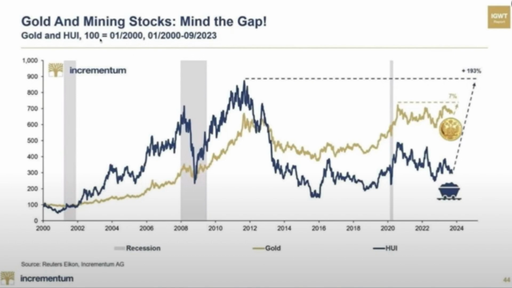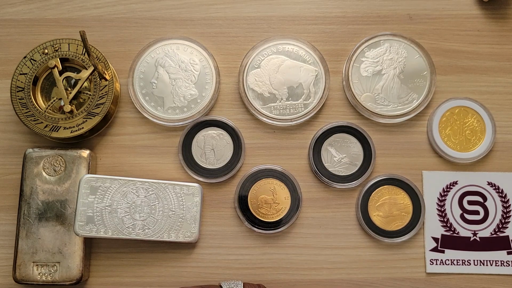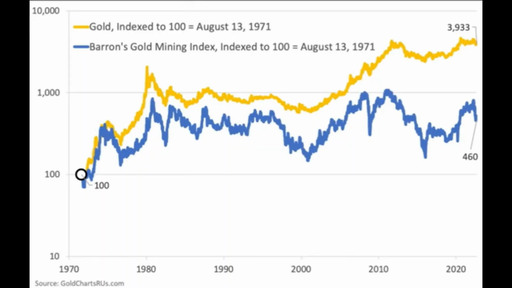I'd like to also add that this is an index, which means in an index, you get the big winners and you also get the big losers along with it. This is why I very rarely talk about buying indexes like the HUI, the XAU, GDX, and I definitely don't talk about buying SILJ. Regardless, this trend holds true if you start in 1971 and compare gold to Barron's Gold